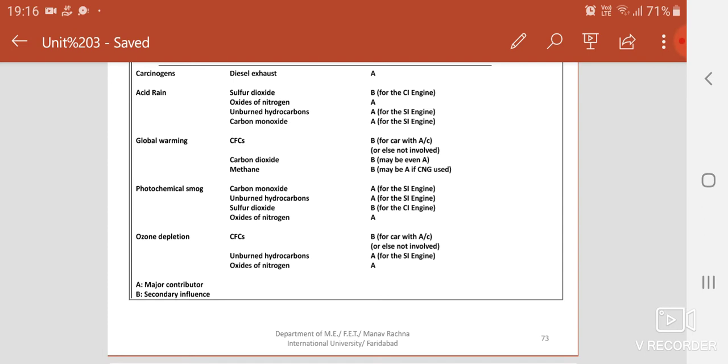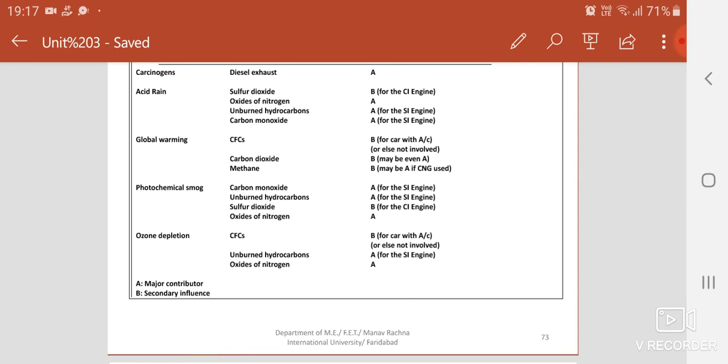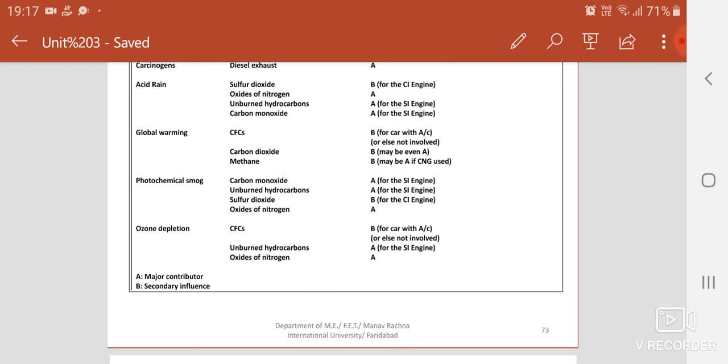Methane also plays a very important role in global warming, and methane is largely contributed by CNG, though it is a secondary influence, but has got a big effect. And CNG, you know, in many cities in the world, including Delhi, uses CNG, and lots of methane is being emitted. And this methane is responsible for global warming. So even if you come out of hydrocarbons, petroleum fuels, gasolines, even with CNG, there is a problem of global warming. But even if it is better than diesel exhaust, petrol exhaust, that it is not producing cancer and such other things, the only negative effect being the global warming.